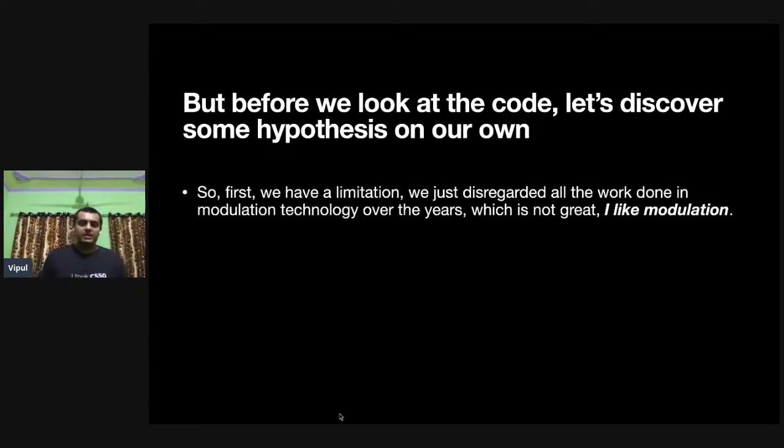So the first limitation that we have is that we completely disregarded the whole notion of modulation, right? Because how our system works is basically, if you do any changes in the styles property or anything like that, inside DOM, they are going to be added to the HTML style attribute, right, which defeats the whole purpose of modulation. And we don't really want to do that. I personally like modulation a lot. I don't know about you guys. If you don't, you're weird. But yeah, whatever. I'm not judging. So we defeat the whole purpose of modulation, right?